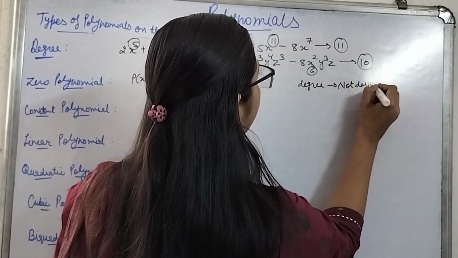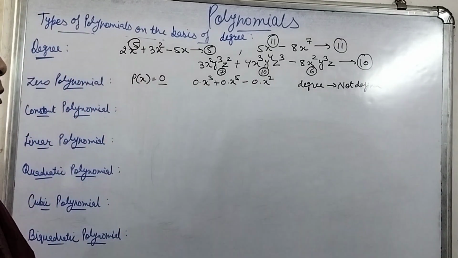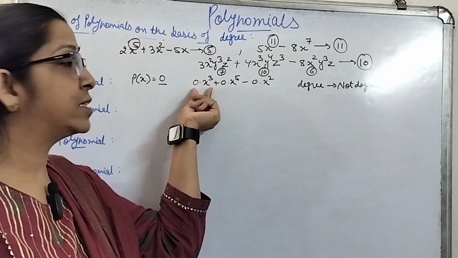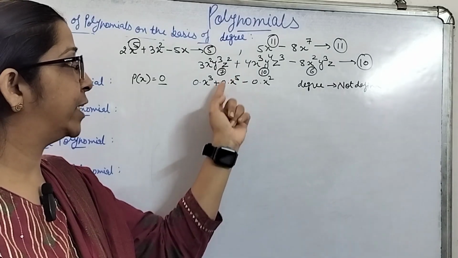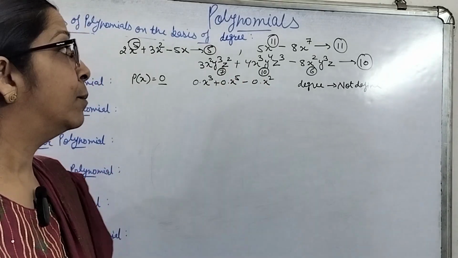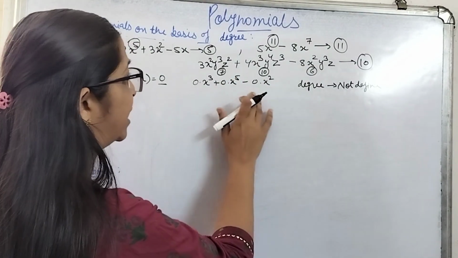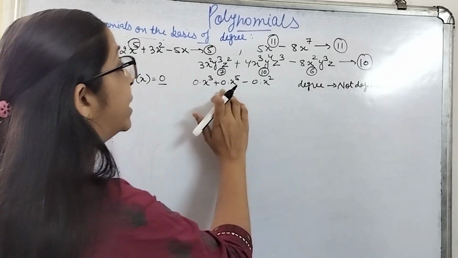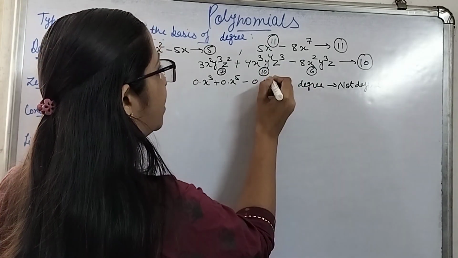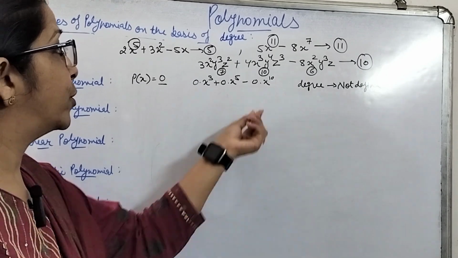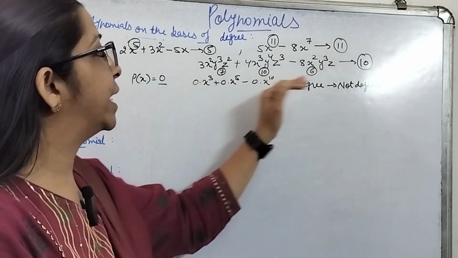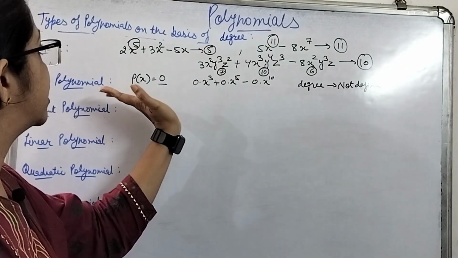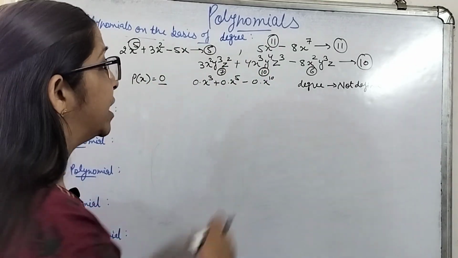We cannot define the degree of zero polynomial, because see, in this term the power of the variable is 3, here the power of the variable is 5, here the power of the variable is 2. For this condition it is 5, but this could even be written as x raised to the power 10 also, right? In that case your degree will become 10. So that's the reason we cannot define the degree of zero polynomial, because it could even be written as